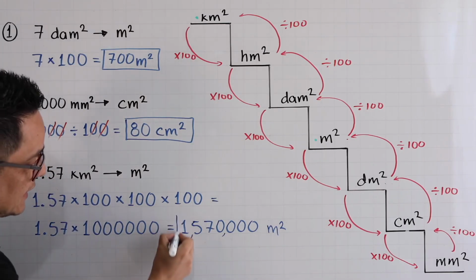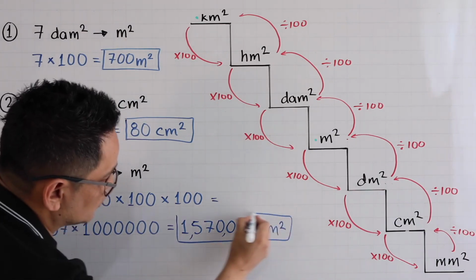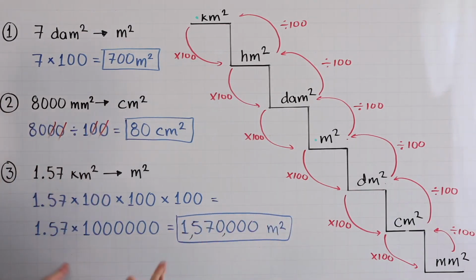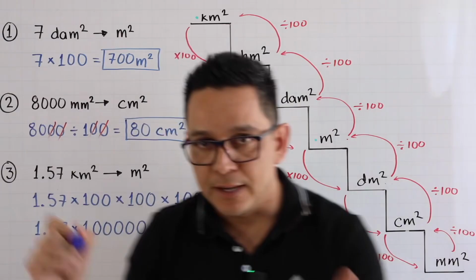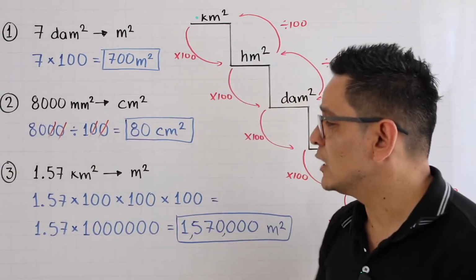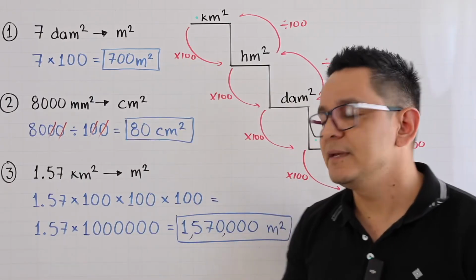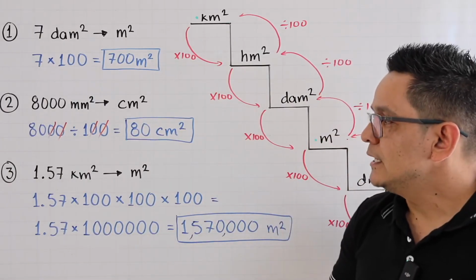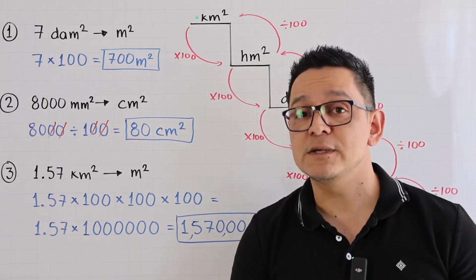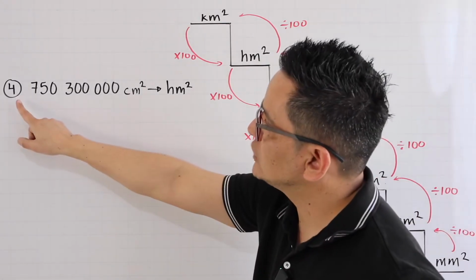Now, this is important here. If you say, oh, I didn't really understand the part where he multiplied. Well, just do the multiplication, okay? You can do it by hand, or you can use a calculator. Since we're just multiplying by numbers ending in 0, the operation is very simple. Now let's try the last one, which will be a bit harder. In exercise number 4, we have